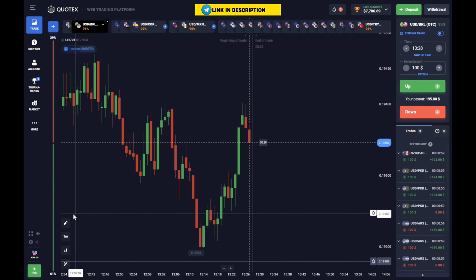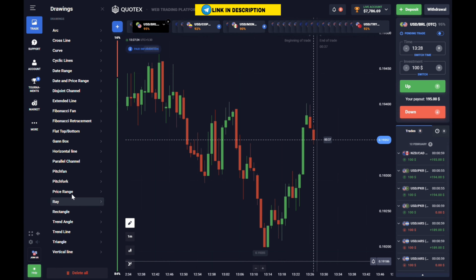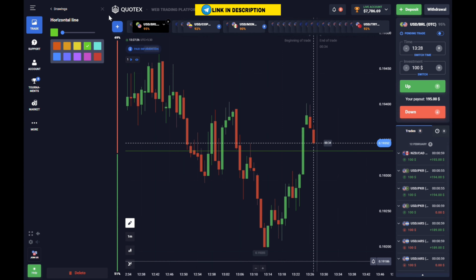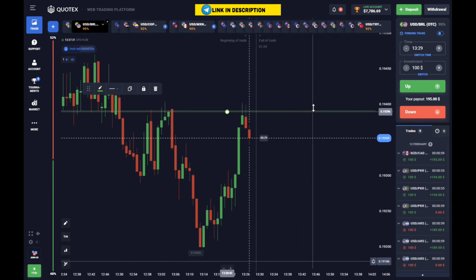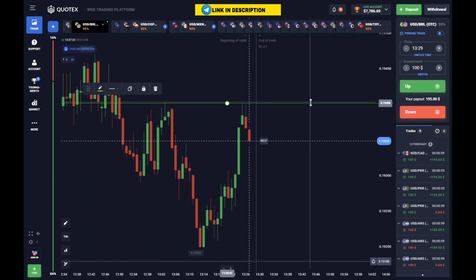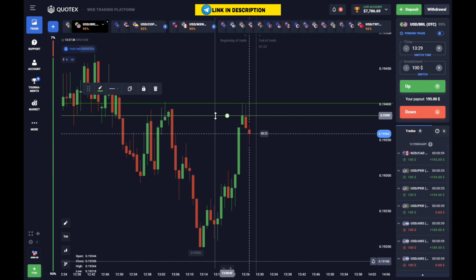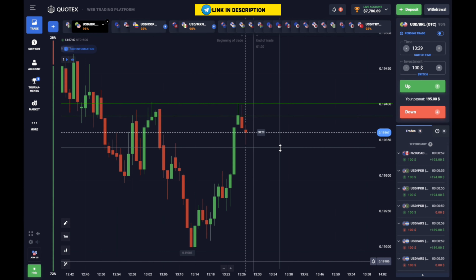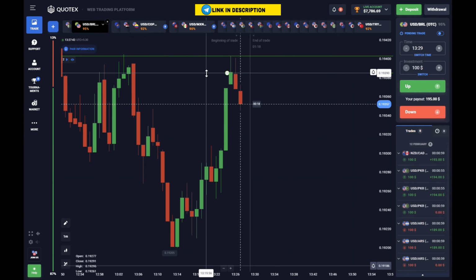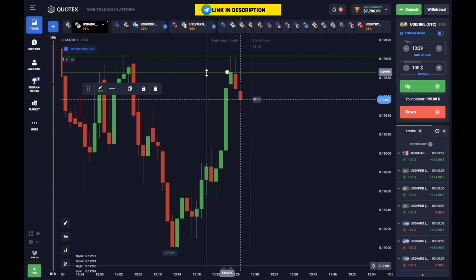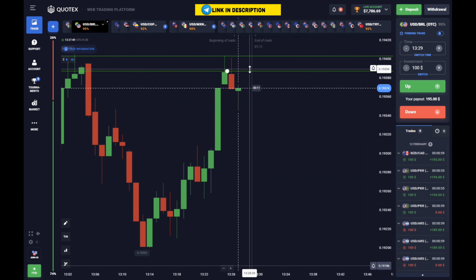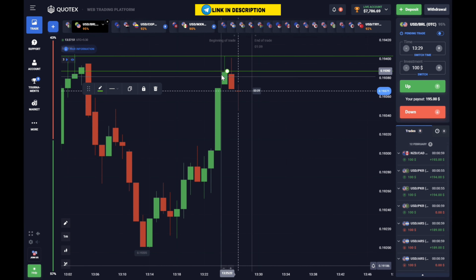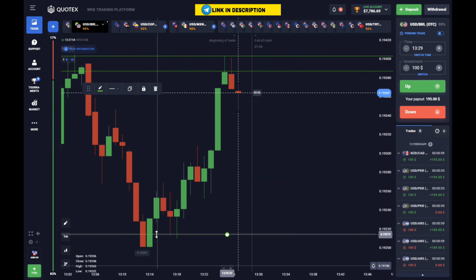So, I will try to draw levels here using a holy zone line. I have taken a holy zone line at the point where I see a long wick and I have placed it at the absolute highest price level it reached. And then I will carefully place it on the lower side. This effectively creates a clear trading zone. This is the seller's zone, and I can say that I have created a resistance here because I usually prefer to set support and resistance with double levels. After that, the resistance here means the market movement should remain downward from this point.